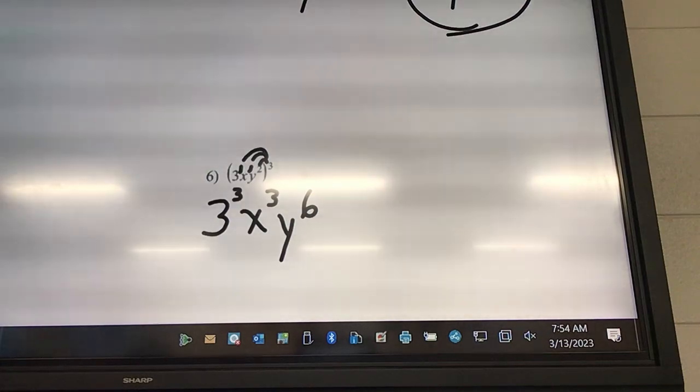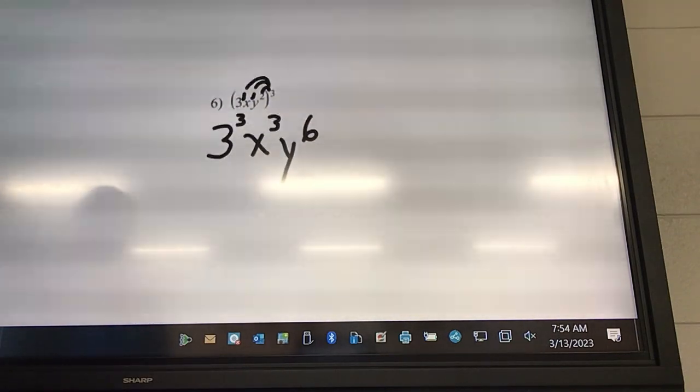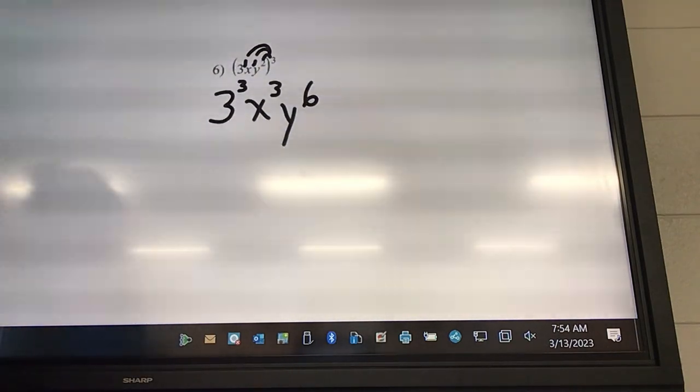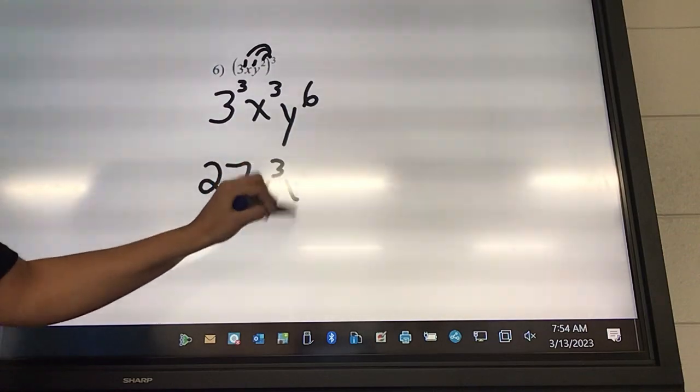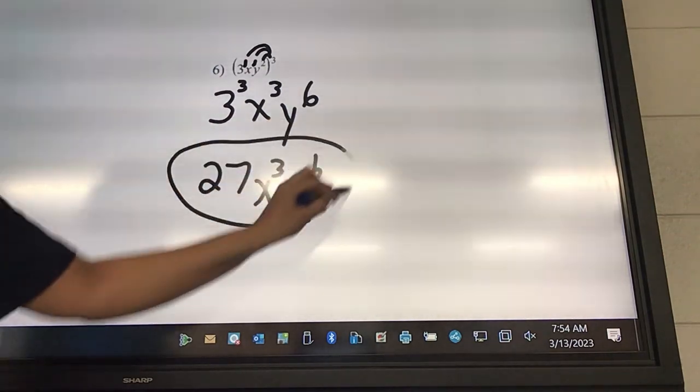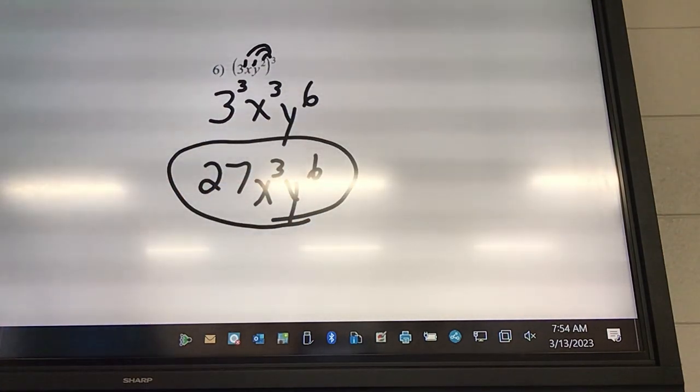Okay, do we have any negatives? No. However, this one does need simplified. What is 3 to the 3rd power? 27. Okay, it's 3 times 3 times 3. And again, just for a reminder, that's the one mistake you will make: you leave it at the 3 to the 3rd and forget to fully finish that, okay? So make sure that you